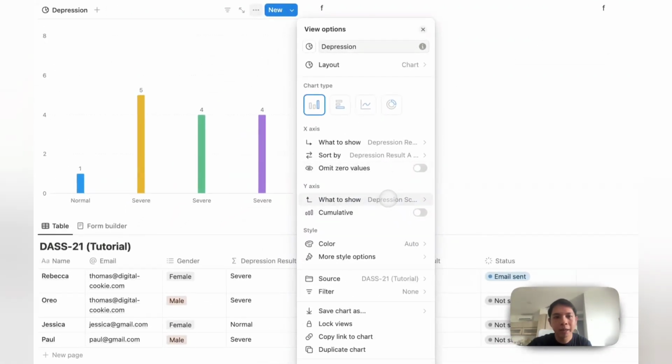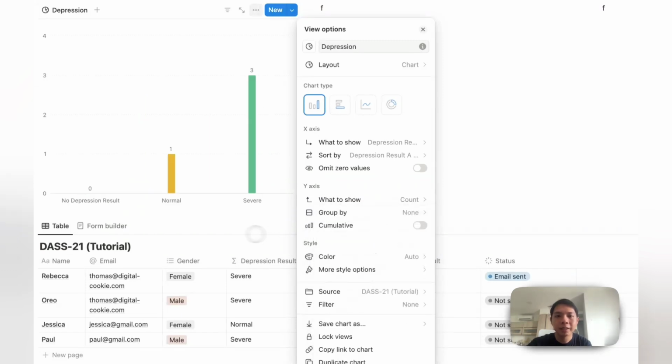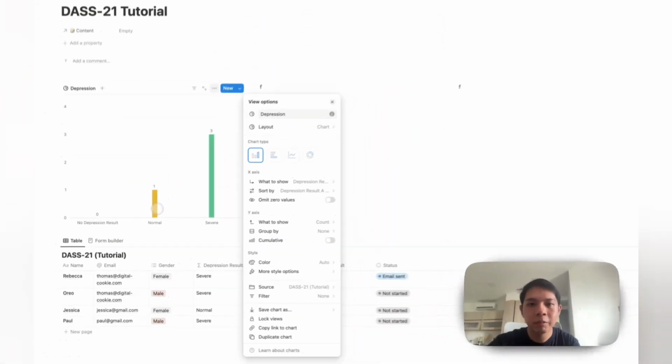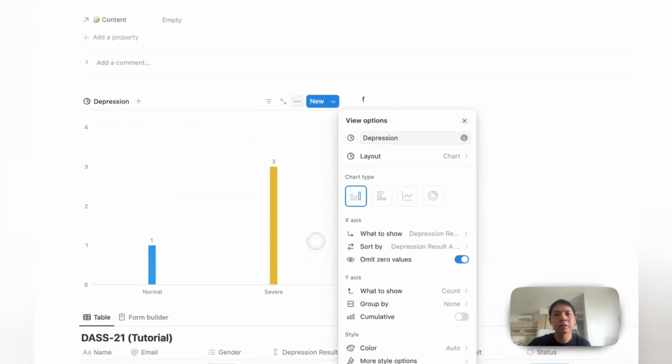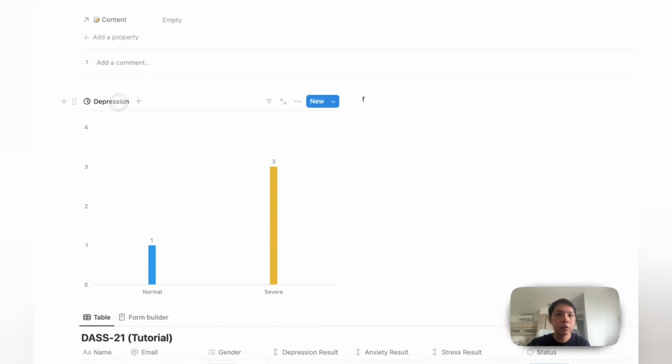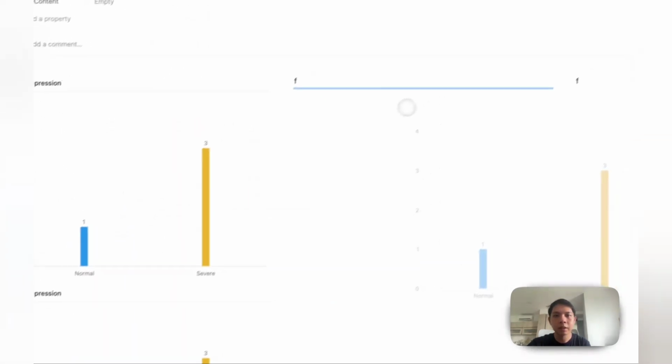So second one is y-axis one we want to show. We just kind of want to do a count, how many people has a normal depression level, how many people have severe depression level. And then here we can do this 0 count means it will disappear. So we only show the results that has been submitted. So this is for depression, and I'm gonna do another thing, just duplicate this, and I'm gonna put it here,